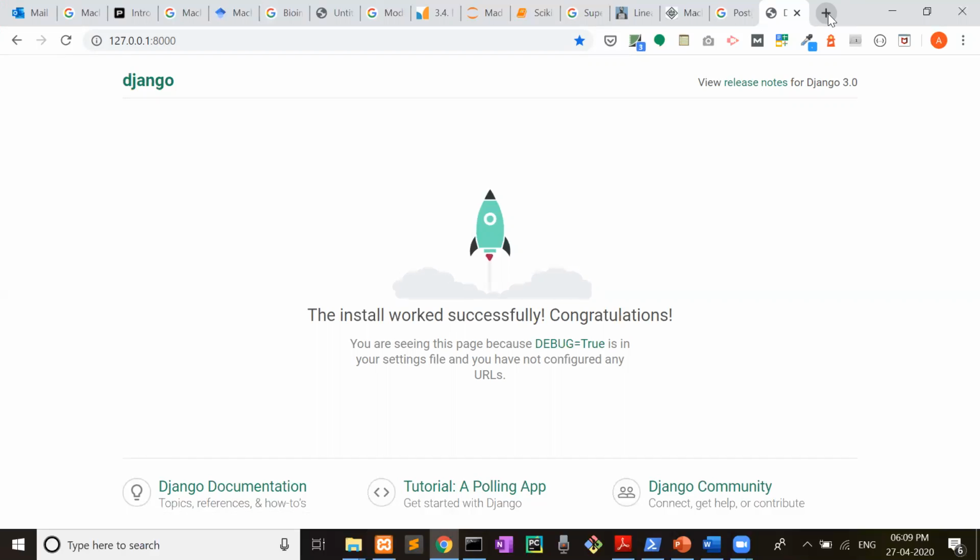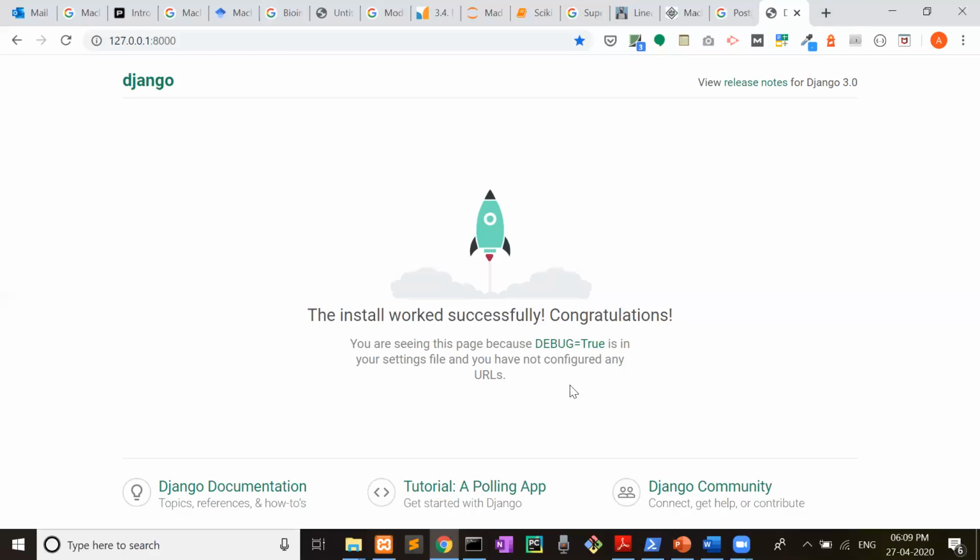Similarly, we can create apps here. Suppose in our project there are two big modules, for example a fees module and a student admission module. Then we have to create two apps according to that. Now your project is set up.